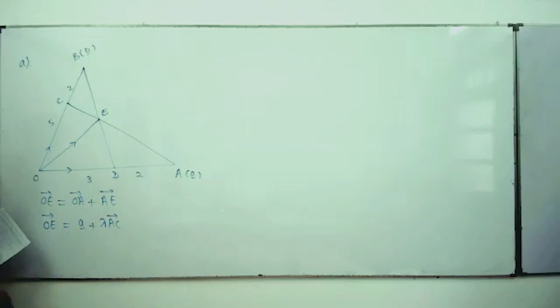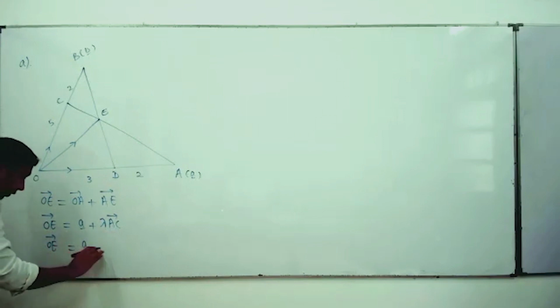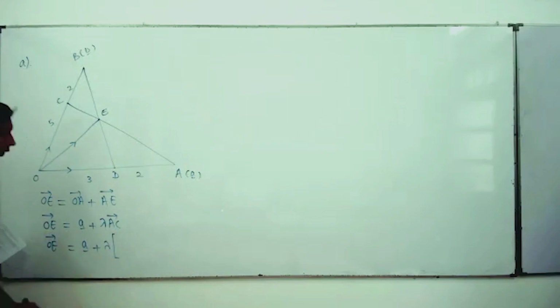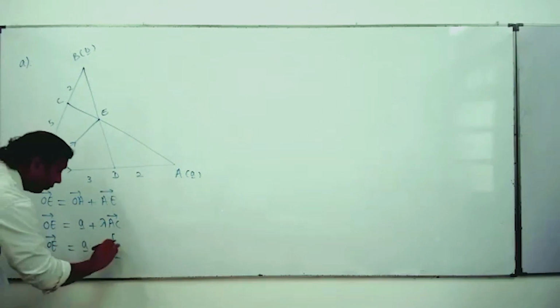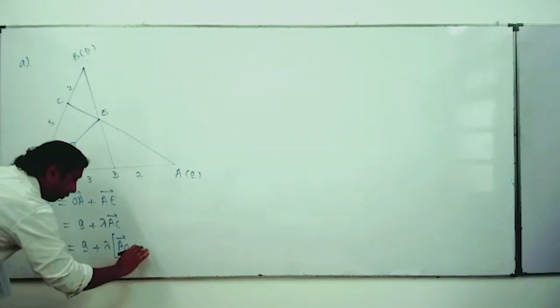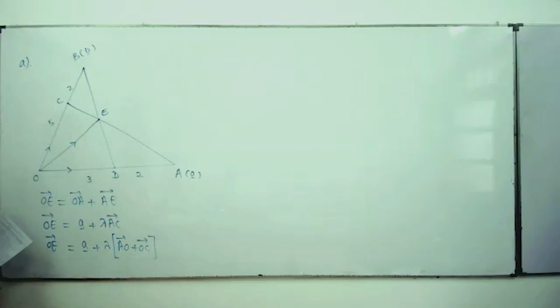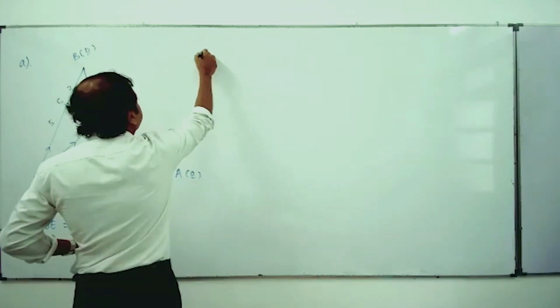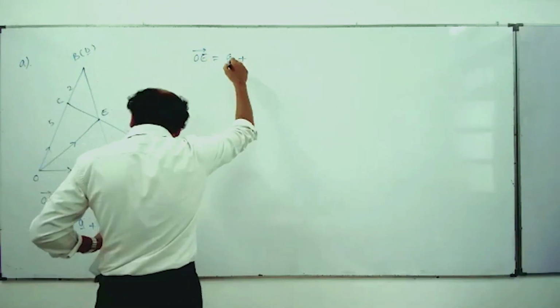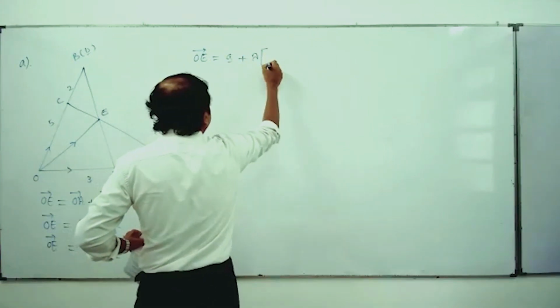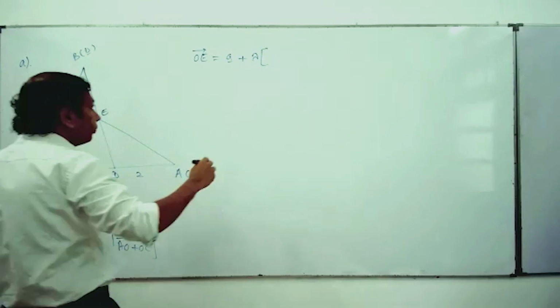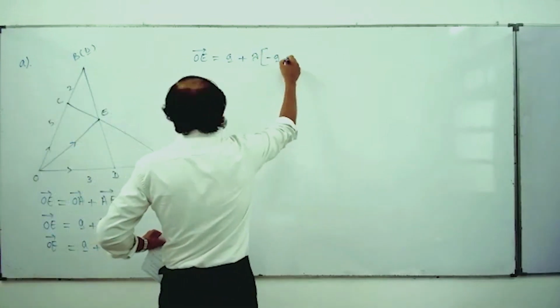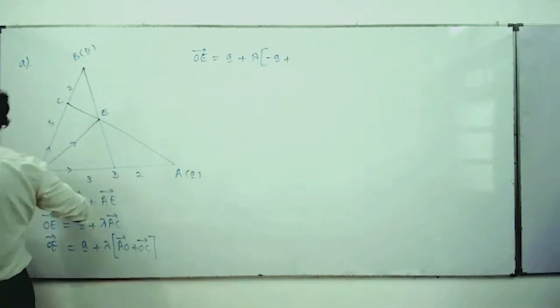Okay. Now OE vector is A plus lambda times AC vector, and you can write AC as AO plus OC. Right? Now OE vector is A plus lambda times AO vector, which is minus A, and this OC vector you can write,